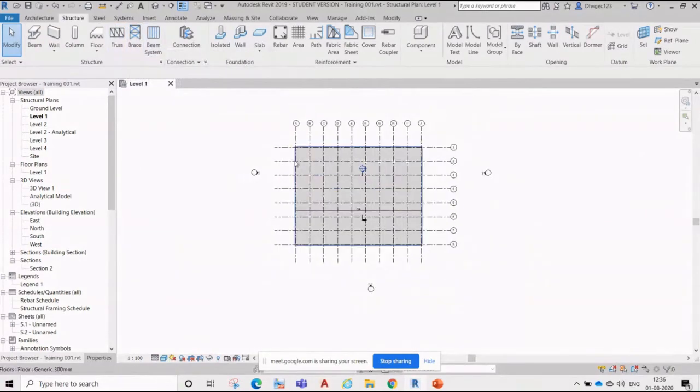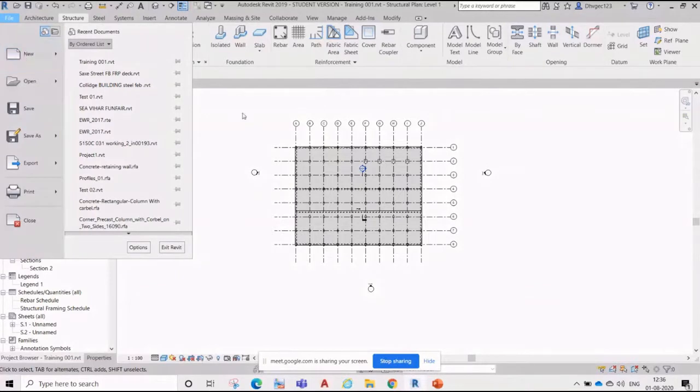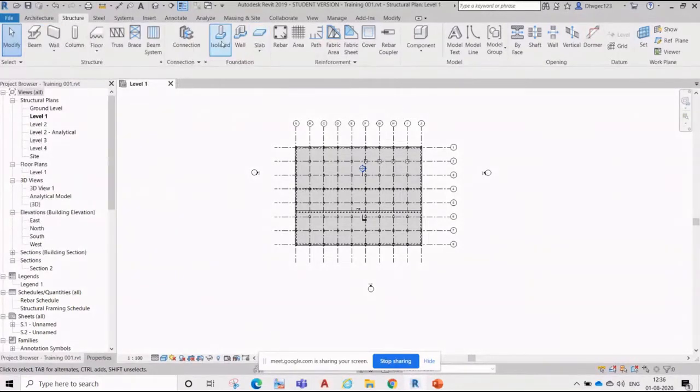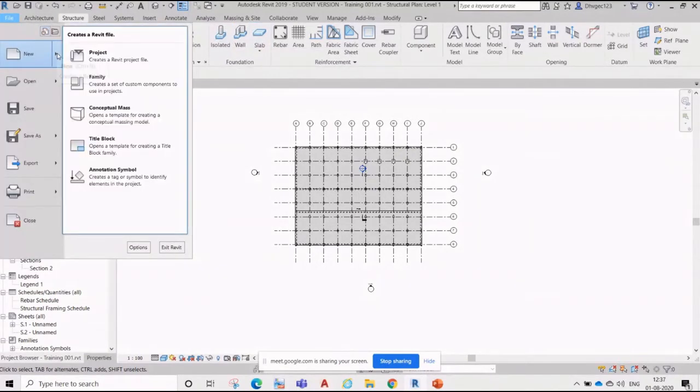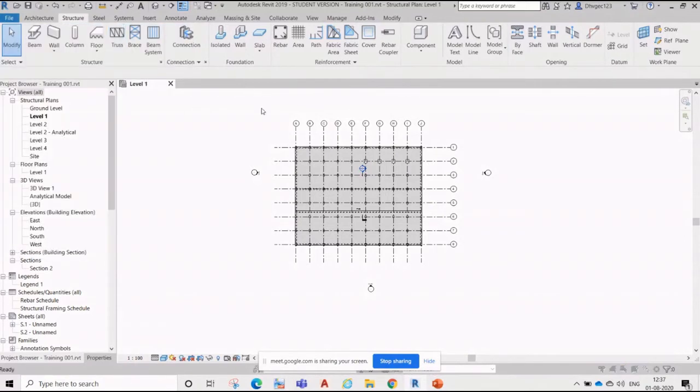Okay, so now what we'll do, we'll go and create a new file, and then we'll see how we can do the wall and foundations. Right. So this new project.